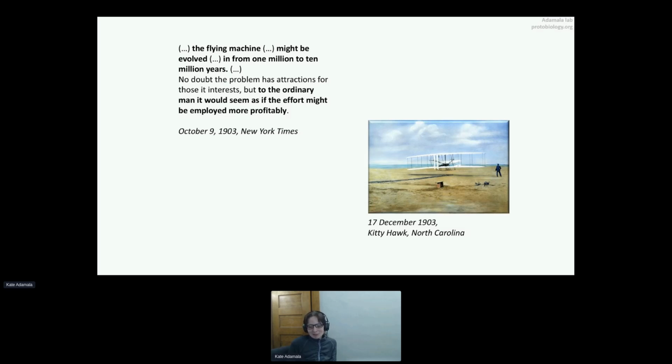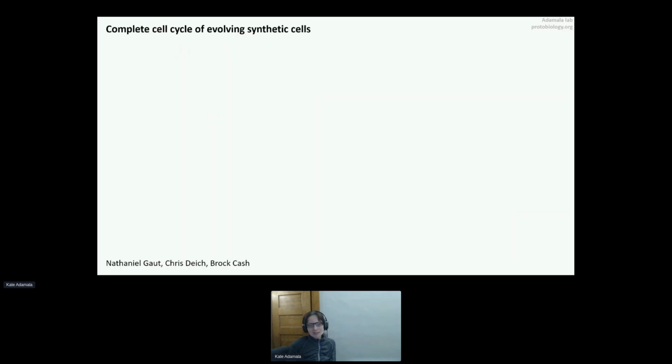This is the approach that the field of synthetic cell engineering had. People are saying, it will never work. You will never be able to build a living cell from scratch. And what we do is we say, we'll show you, we'll go out and actually do it. Now let me show you one project from my lab that gets us a step closer to being able to say, this is a synthetic cell that actually lives. It also answers one of the questions that Nicola had at the end of his talk, which is how do we build evolution into this system?